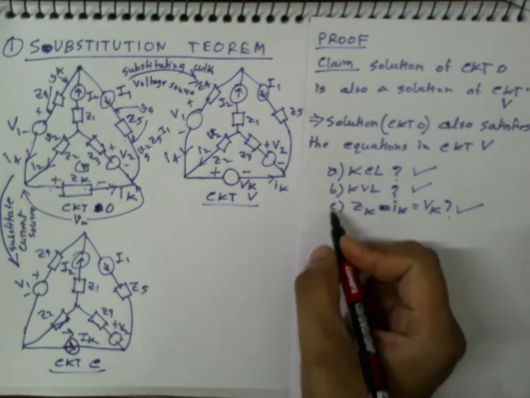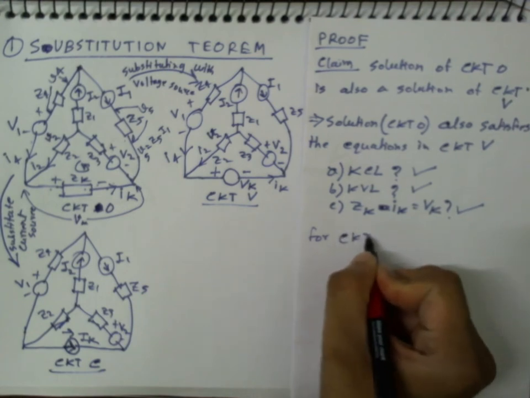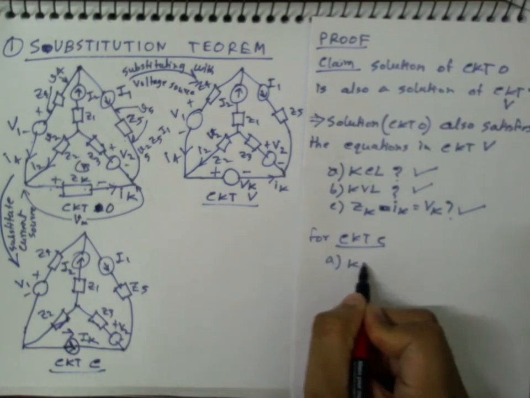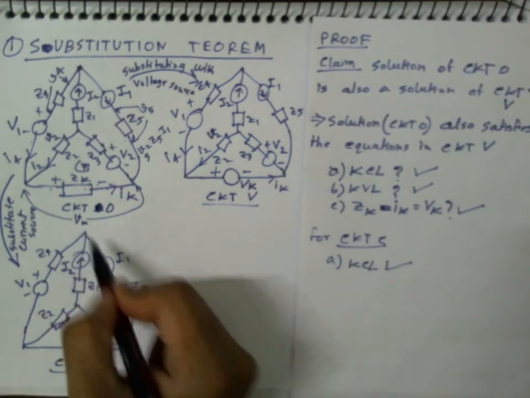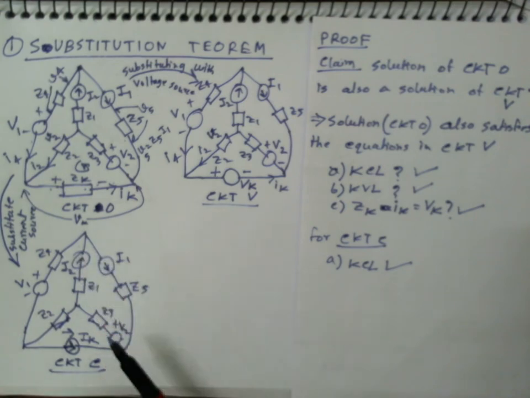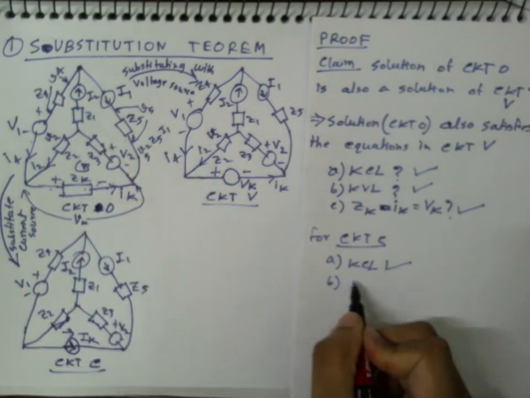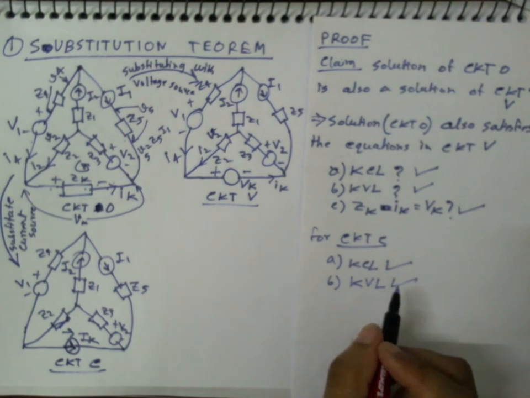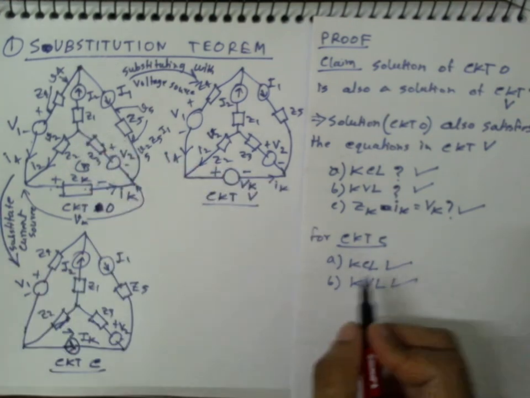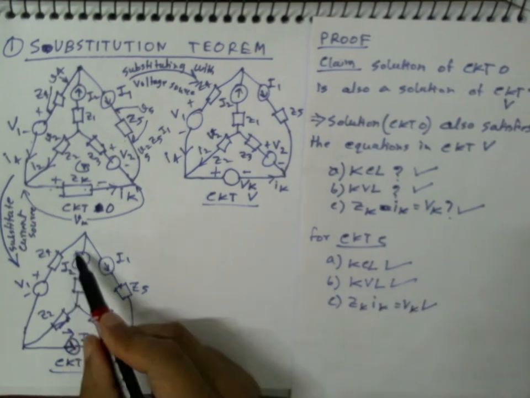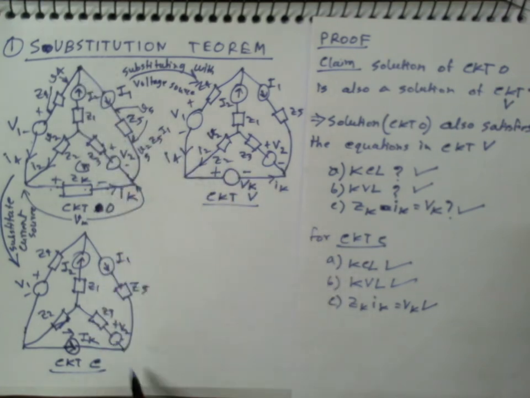Now similarly for circuit C, once again you can verify that KCL definitely will be true, because I have the same set of currents that I have chosen as the solution. So that must satisfy KCL, if that was satisfying KCL in the original circuit. Similarly, KVL will also be true if KVL was true in the original circuit. And finally, ZK, IK equal to VK should also be true, because no Z is changed between these two circuits. And this particular branch doesn't have any Z, so it doesn't have any constraint to obey. So